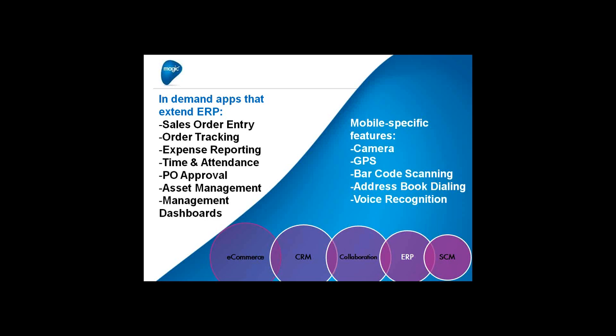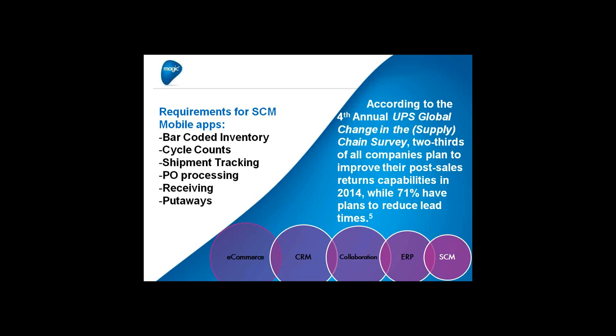Address book dialing, voice recognition. These are all kinds of mobile phone-specific features and tablet features that may need to be taken advantage of in these ERP extending applications. Also, in the area of supply chain management, we're seeing a need for mobile apps that